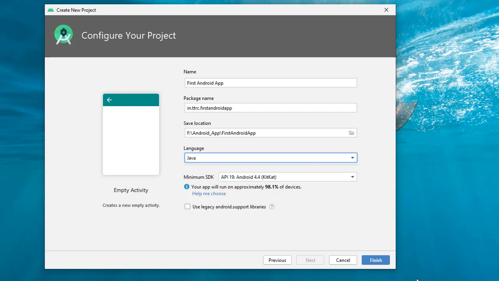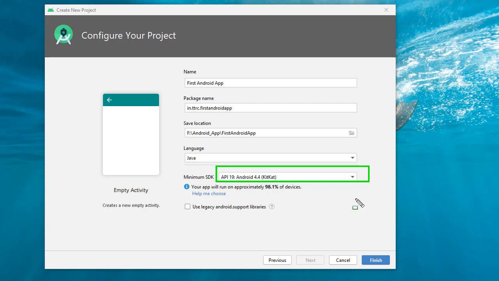Then the most important thing, minimum SDK. So minimum SDK is here API 19, which means this application can be installed on mobiles with Android 4.4 or above.